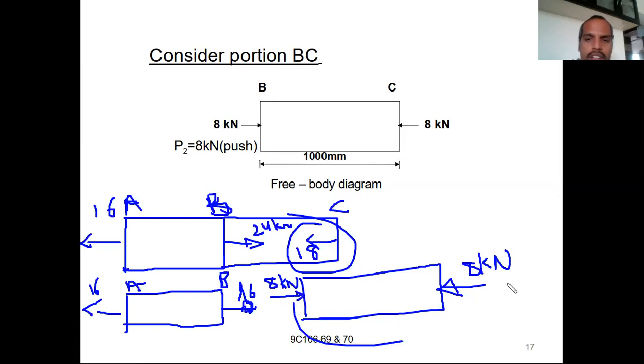If it is in this direction, otherwise this direction. But then only this member is subjected to compressive load. So equal and opposite, it is in equilibrium. Here it is equal and opposite, equilibrium condition. Right? Similarly, if we take the third figure,